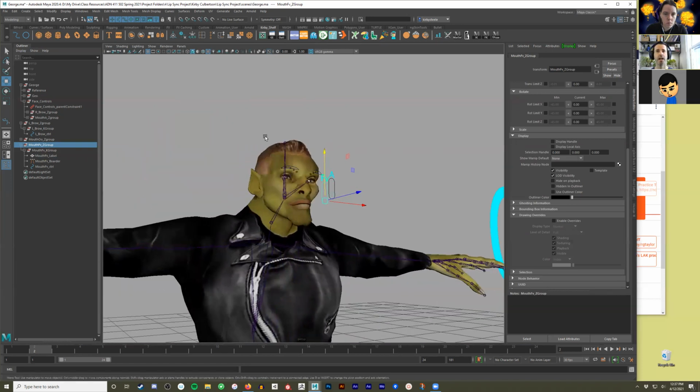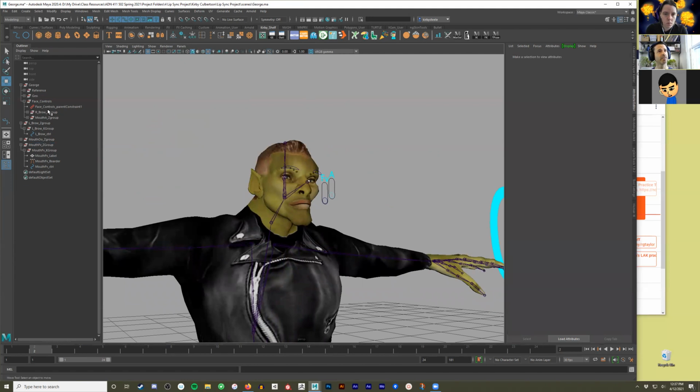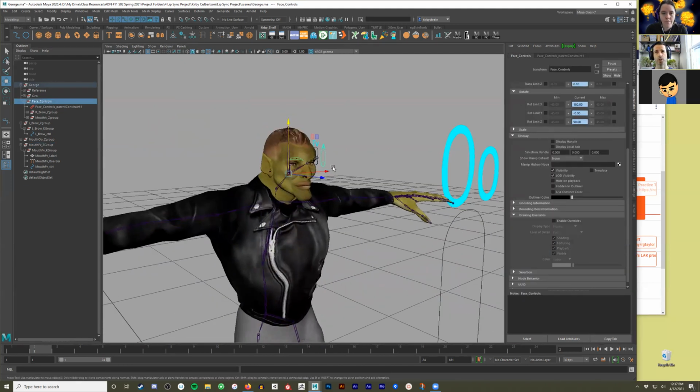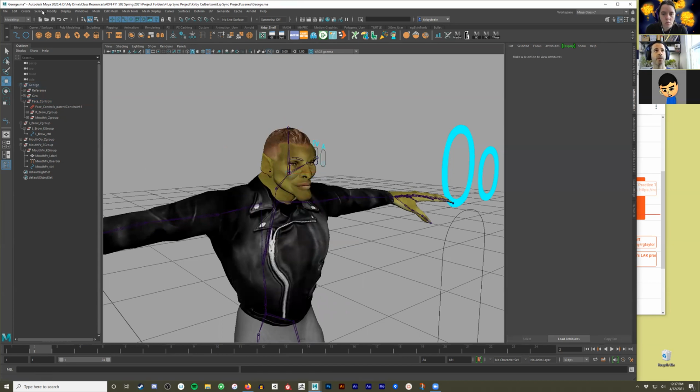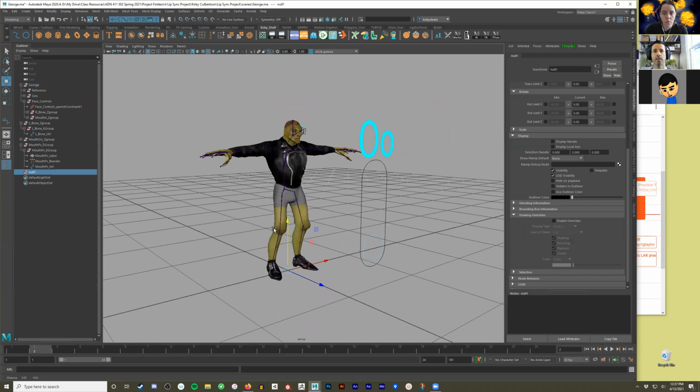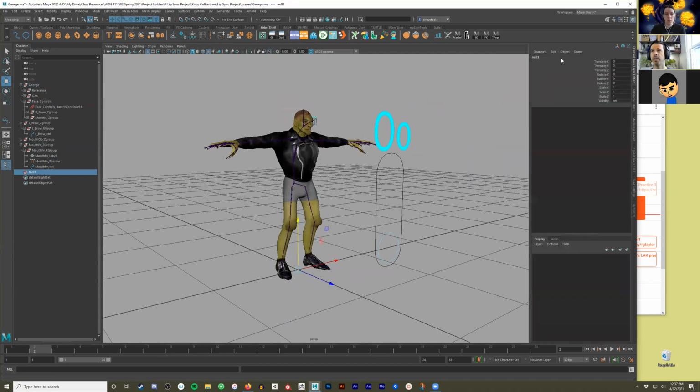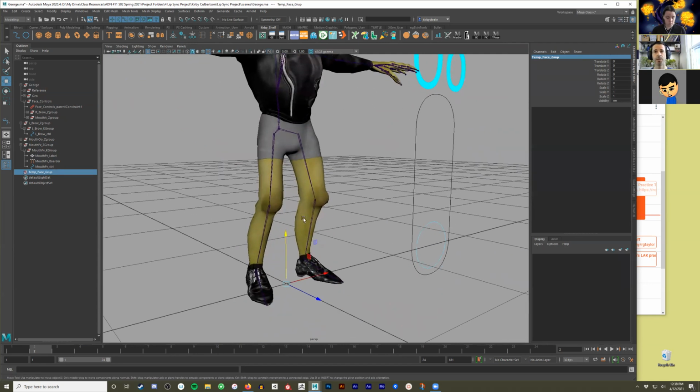And then earlier, I guess, oh, dang it, I skipped over this. So the controls, you want to be contained all in a single group. And so I actually already have a group part of this character. And how I did this was to just go to create, empty group. I'll give it a name. So this is 10. This is just for demonstration purposes. What I would want to do is